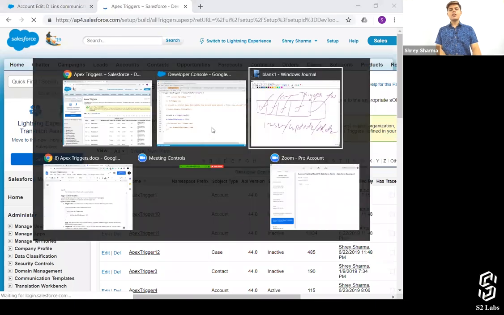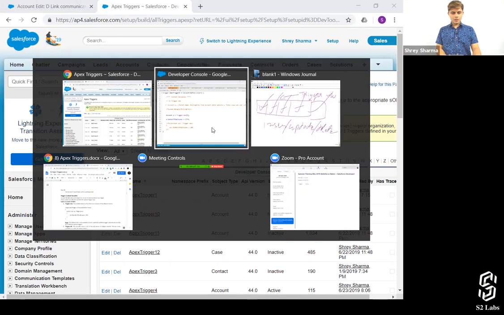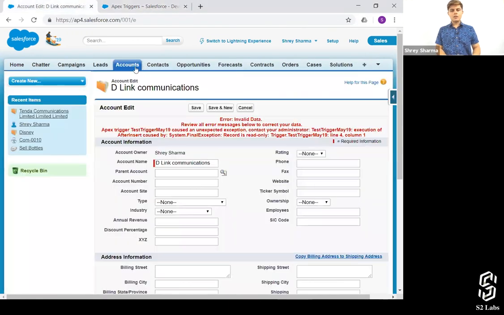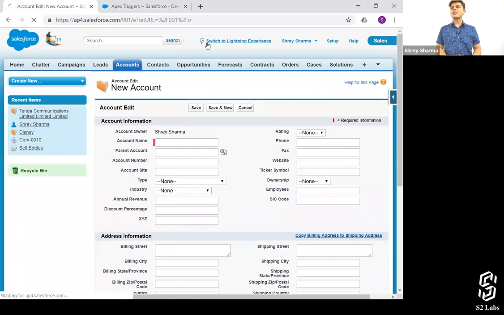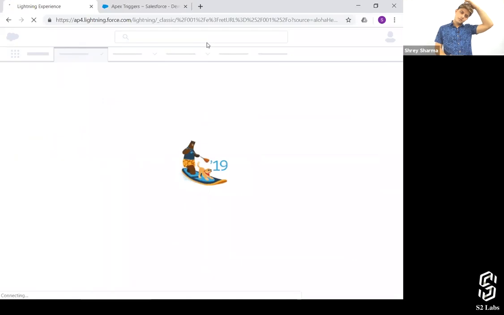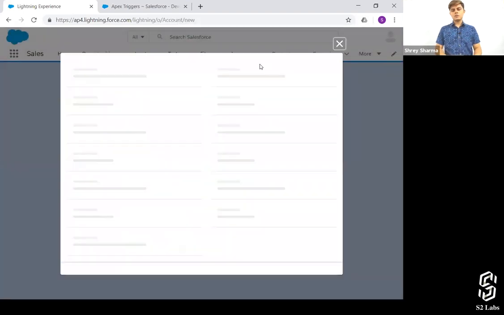Okay. Now let me insert a particular record, right? Account. I'm gonna go to new. Let's switch to Lightning Experience so that you guys do not get confused. There's no point for confusion, but still. So I'm trying to create a new account.